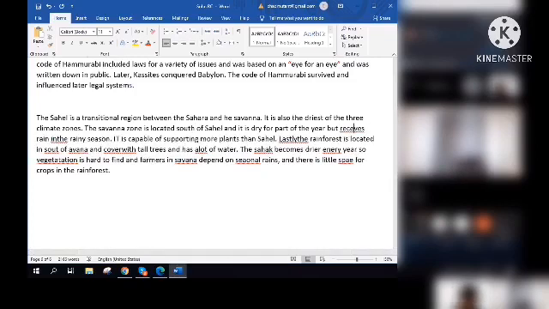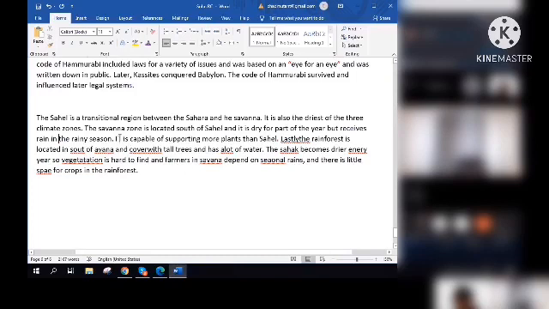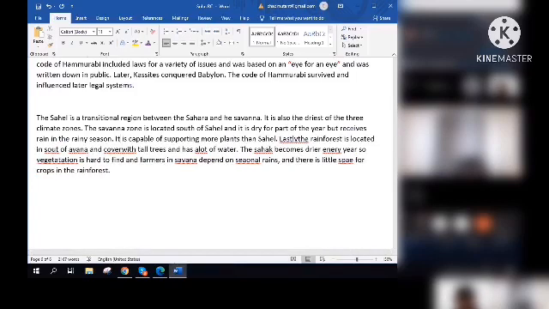For receive, it's always EI. I'll color this so that you can remember. Maybe it's just a typo though. Rain in the rainy season. It is capable of supporting more plants than Sahel.